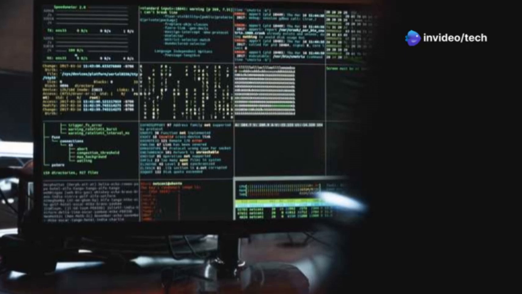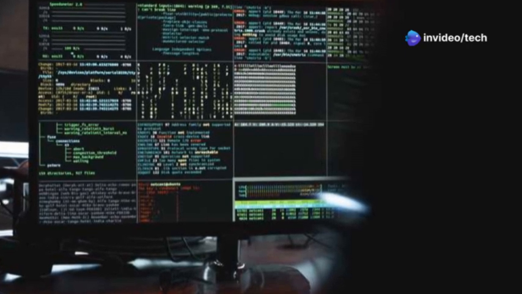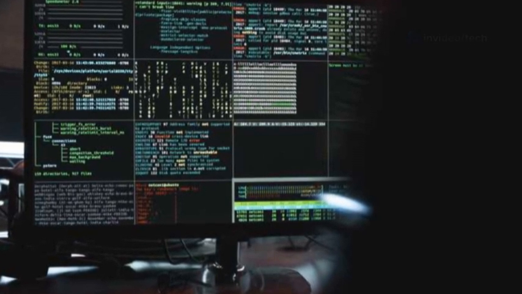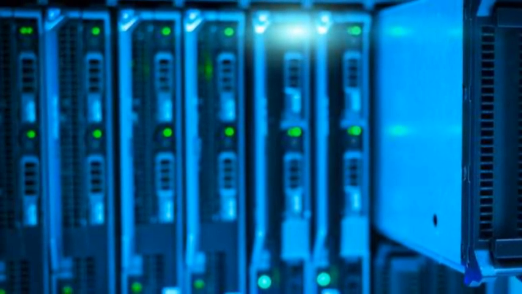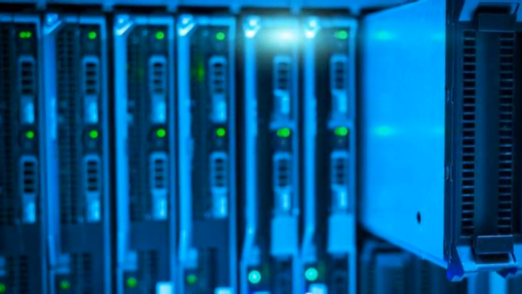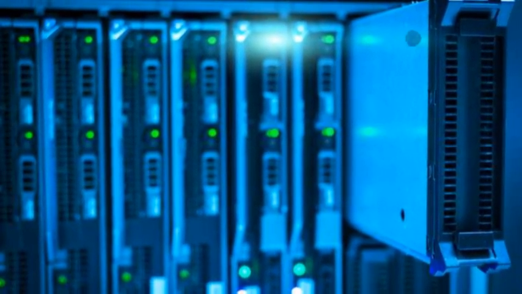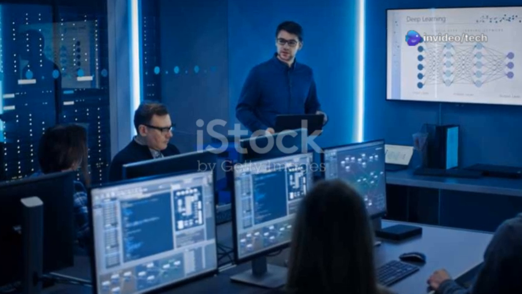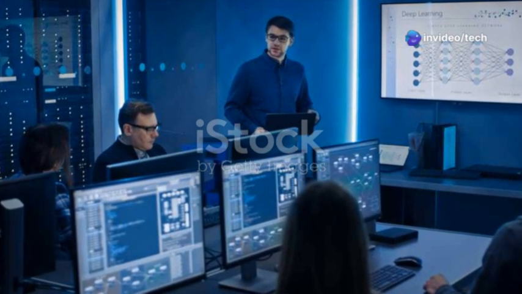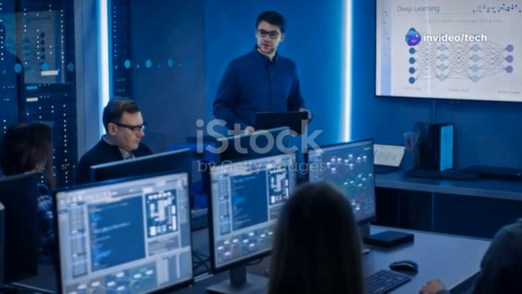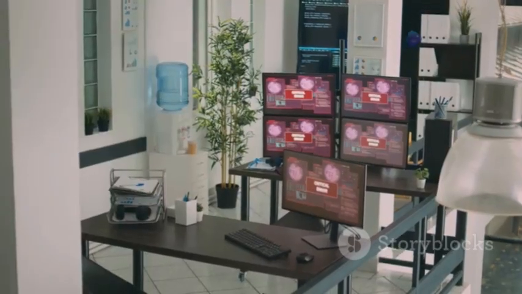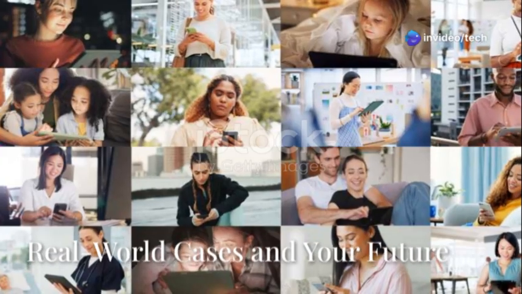Availability is another important measure. It's the percentage of time software is up and running for users. High availability, like 3 nines, 99.9%, means very little downtime. These metrics help teams spot problems, improve reliability, and ensure users can depend on their software. Measuring reliability isn't just technical. It's about making sure people can trust the tools they use. Let's look at why this matters in the real world.